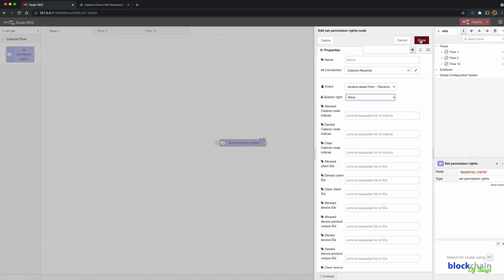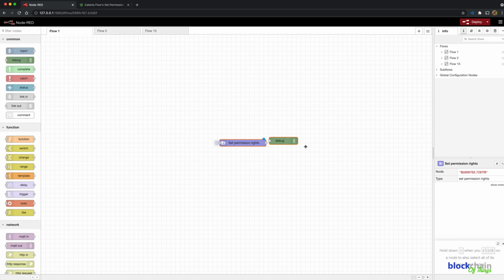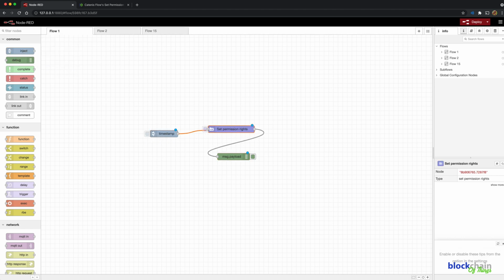Wire this node to a debug node if you wish to see the output of the node printed on the debug sidebar. Otherwise, the output from this node can be passed into another node on this flow. Next, drag and drop an Inject node into the Node-RED workspace. Wire the Inject node to the Set Permission Rights node, then double-click the Inject node to open its Properties slide-out